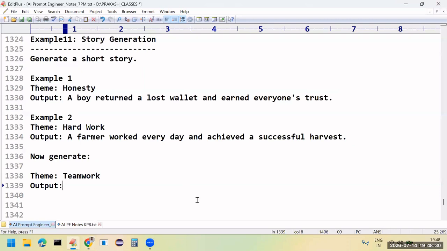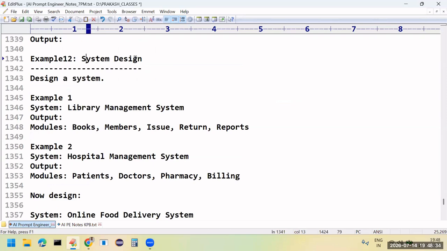Now, sir, the next prompt is to generate a system design. This will be especially useful in final year projects. One of my students is asking, can you please give me some modules which I have to use in this project? No problem. Take your seniors' project. They completed a library management system.